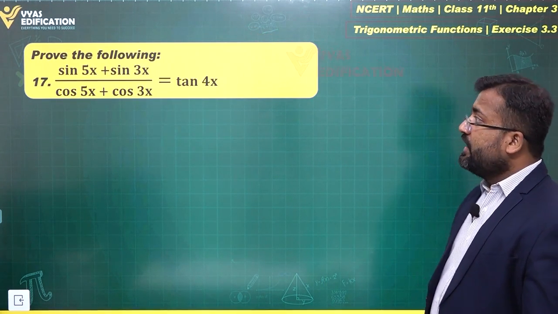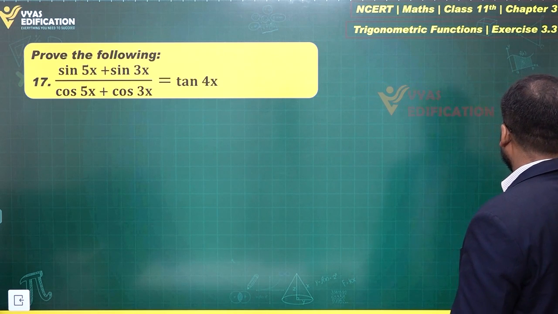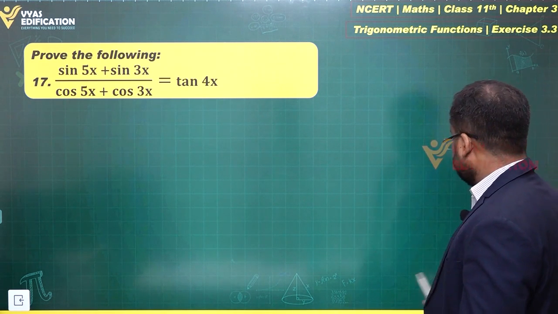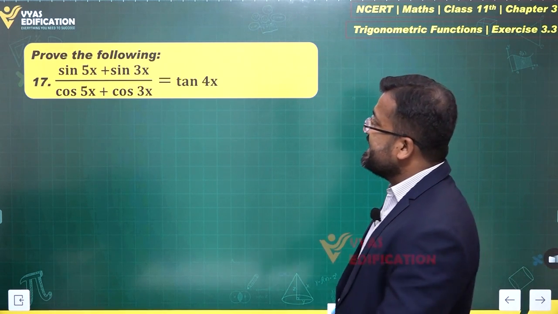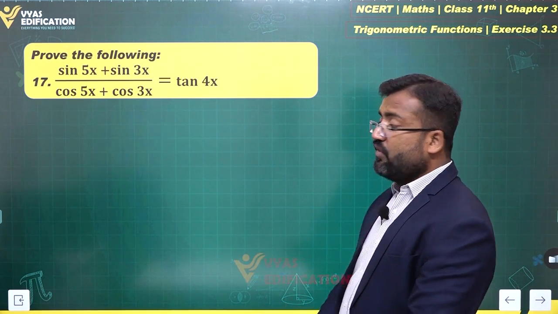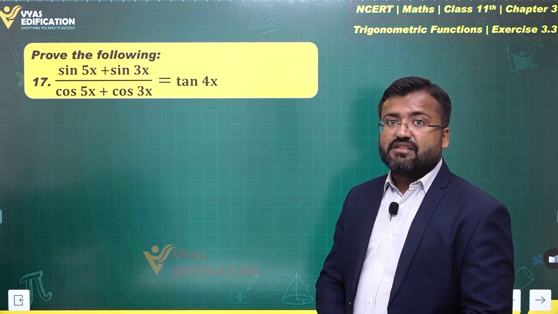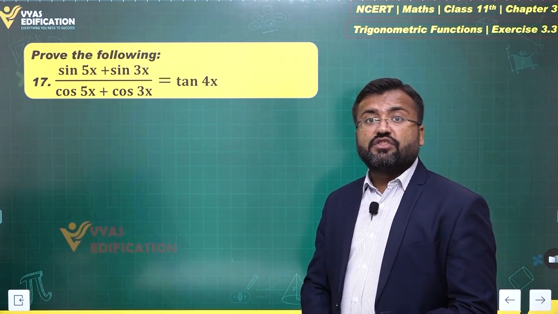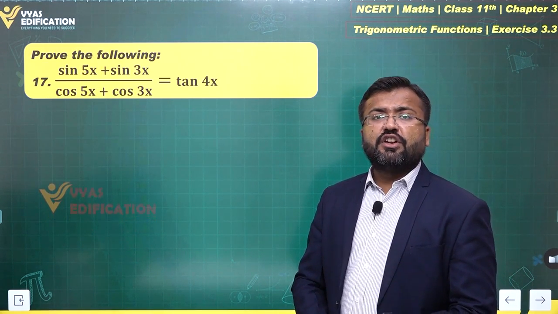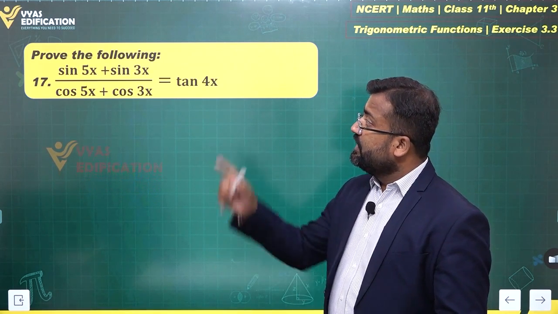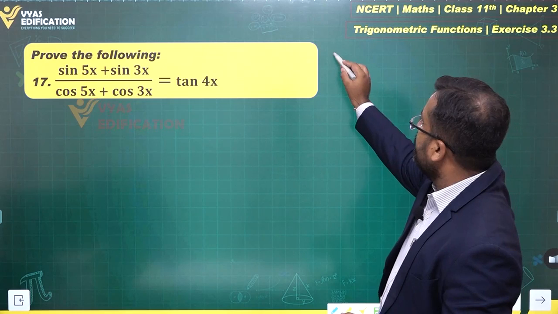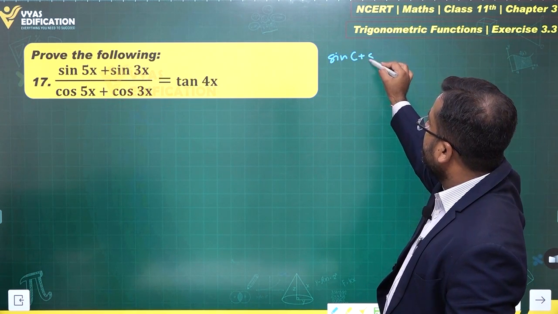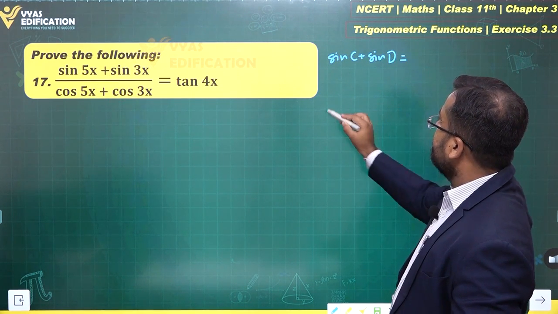Let's solve this question given over here. How do we approach this question? Sin 5x plus sin 3x over cos 5x plus cos 3x. For solving this, we'll use transformation results, transformation of sum into product: sin C plus sin D and cos C plus cos D. What are the results that we require? Let's write them down. This is one of the identities. The other is,